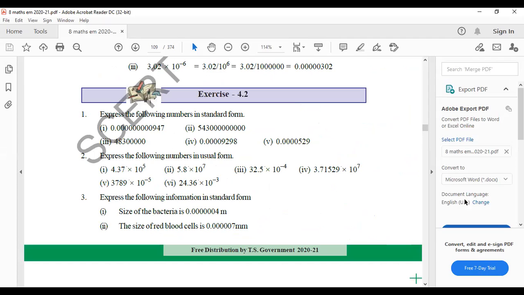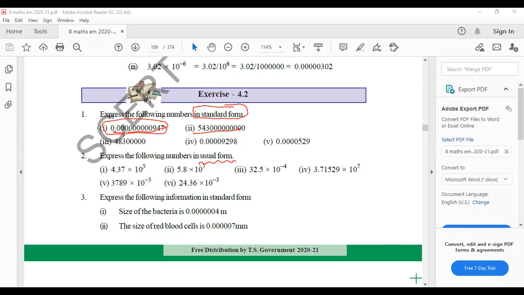Okay, now let us start working. Can you read the first question? For the first bit, express the following numbers in the standard form. Standard form means they have already mentioned the usual form, so you need to write the standard form. I think I was discussing the reverse way earlier. This is the standard form and this is the usual form. Previously I mentioned it, right? It is opposite to that.